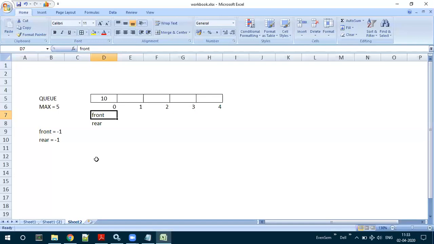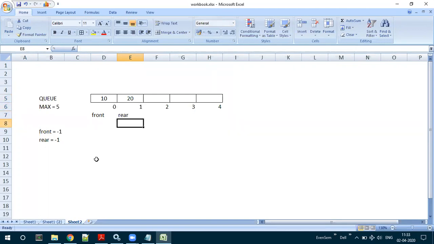We have to increment rear, because insertion always happens at the rear end. So rear is now 0, and I increment rear so that it points to the next value, 1. And now I can insert the next element.